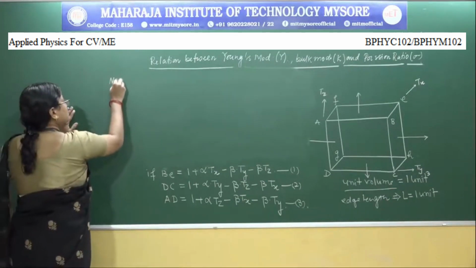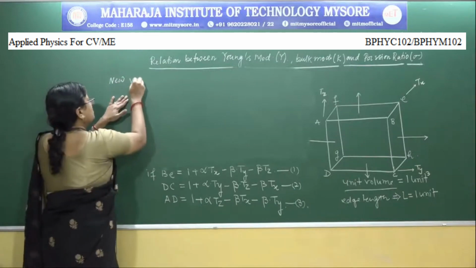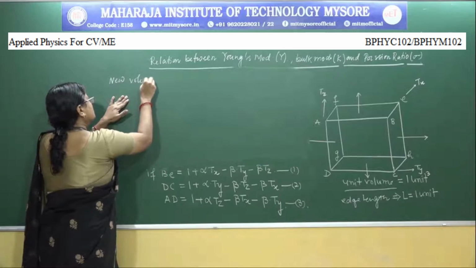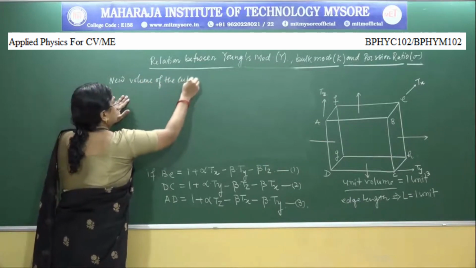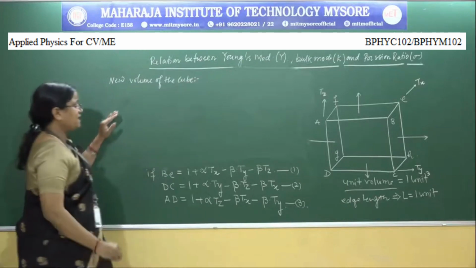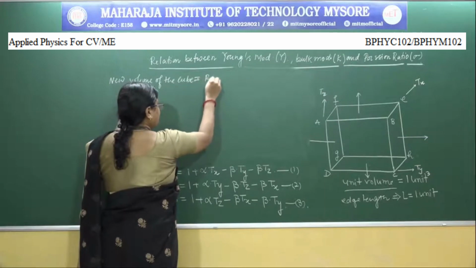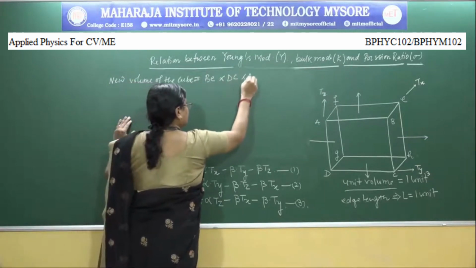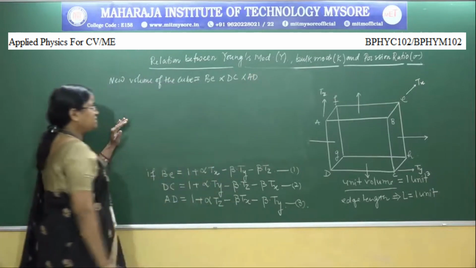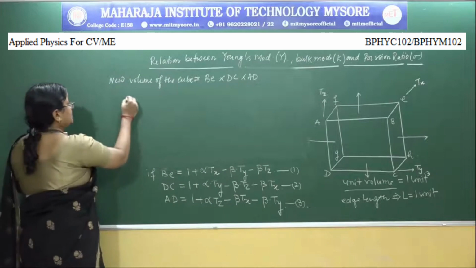The new volume of the cube when the tension is uniformly applied will be equal to BE into DC into AD. We will substitute the values and multiply, and we will get